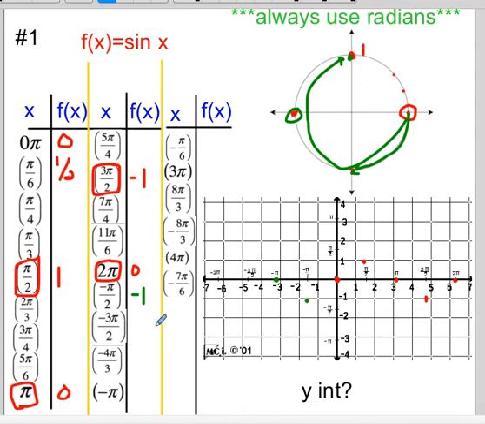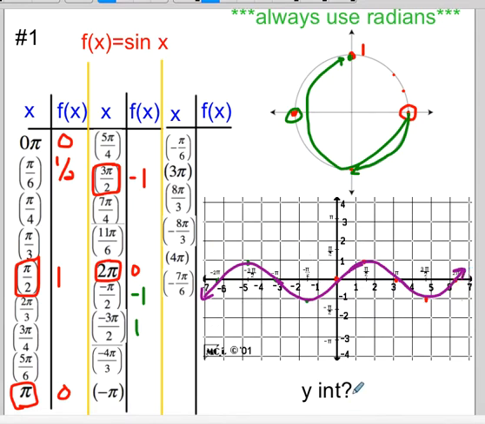Y coordinate is 1, so I'm going to get a positive 1. And you can see how negative 2 pi would be all the way back around, same spot, the y coordinate 0. You get this, right? So if you connect these points, and it's not with sharp lines, it's kind of curvy lines, you're going to get this sinusoidal wave. And sinusoidal is just the adjective for a wavy line, which happens with sine and cosine,